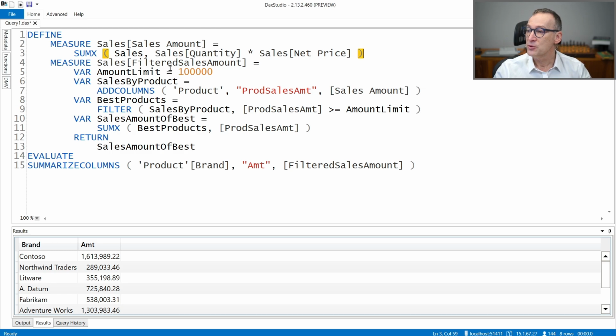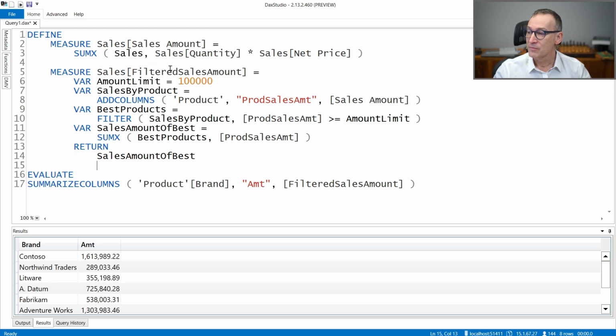But when it's time to write my measure, I cannot use the same standard for this ProductSalesAmount. Because ProductSalesAmount is computing using a measure. Again, I know that because there is no table name in front of it. So I know [Sales Amount] is a measure. But what about this reference? This reference does not have a table in front of it because I cannot. There is no table that contains this column. The column is contained in SalesByProduct, which is a variable.